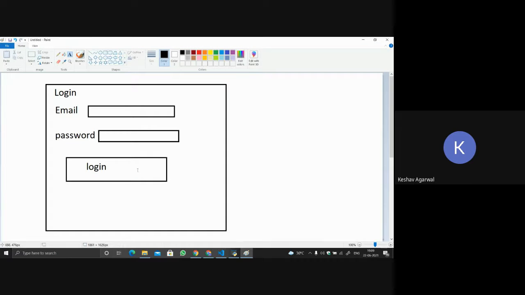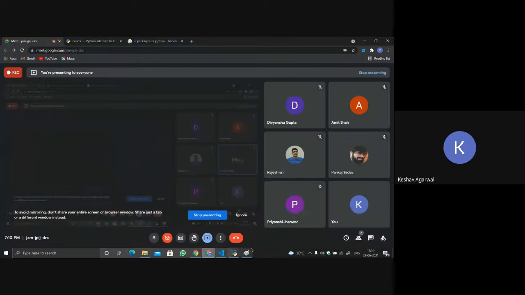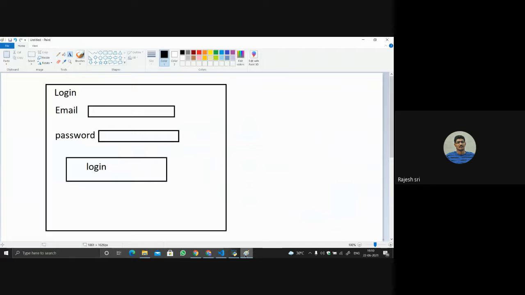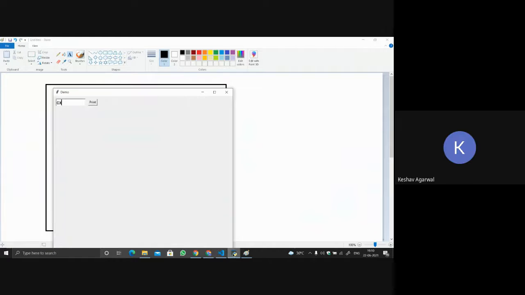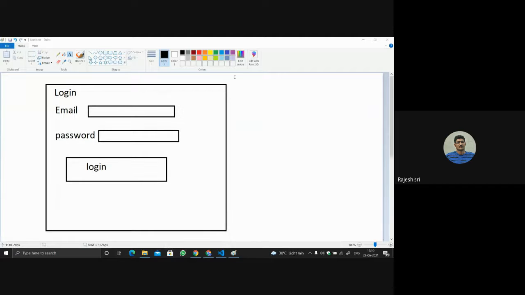Okay, so is this sketch clear? Like what we will be doing right now? Yes, it's clear. Rajesh, is it fine now? Yeah, man, that's great. So this is the portfolio right now. So we are going to create a thing for this to get an output like this.